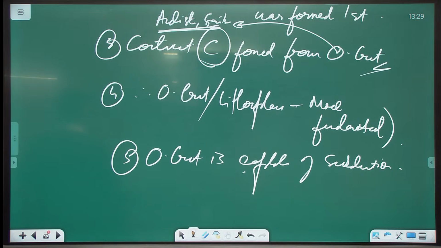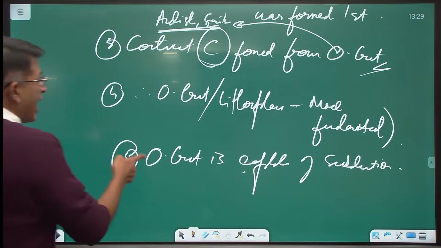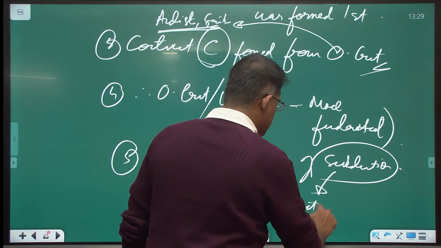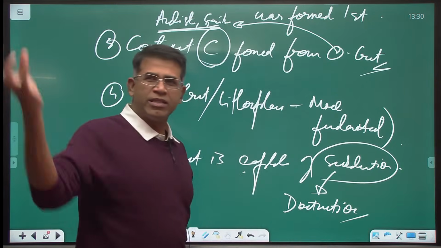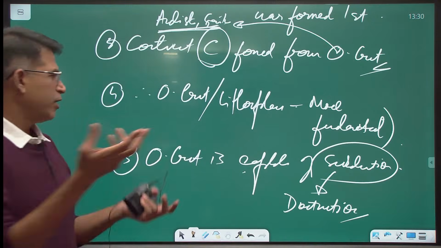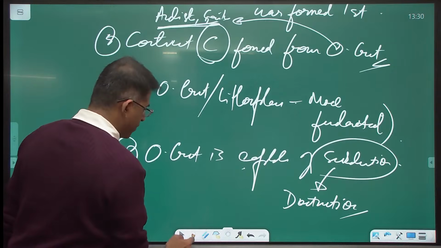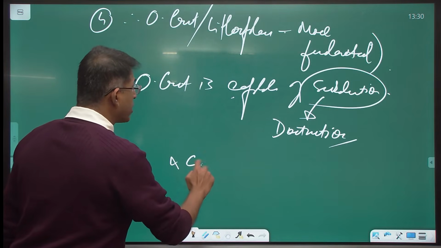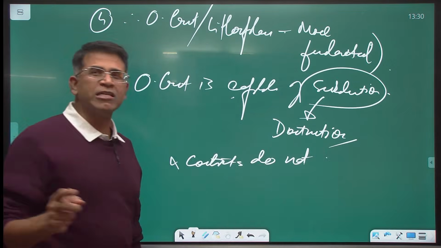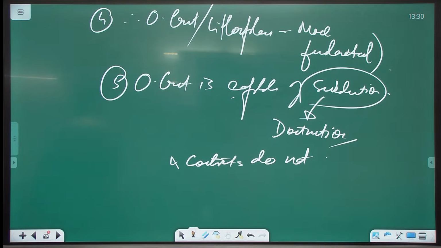But the continents don't subduct. They don't go inside the mantle. The oceans can subduct, and subduction means one type of destruction. Going inside, it melts and gets converted. That conversion is what creates continents. The ocean can subduct, and continents do not. Continents once formed remain forever. Slowly their size increases.